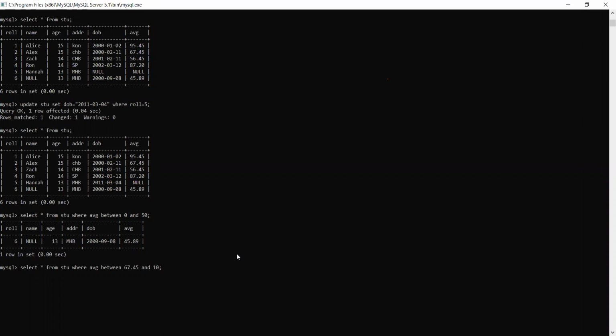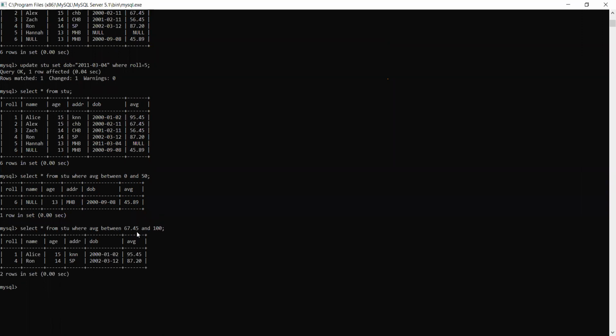Now see what you have to understand here: the boundaries are not included in this case. Again, I'm repeating, boundaries are not included. It means 67.45 was not included. So you have to understand it in this manner.